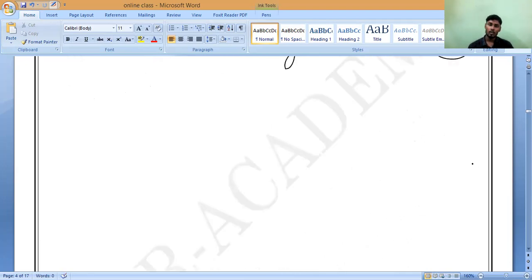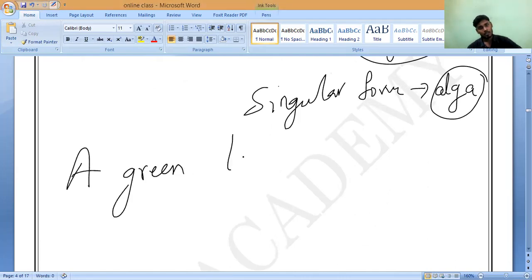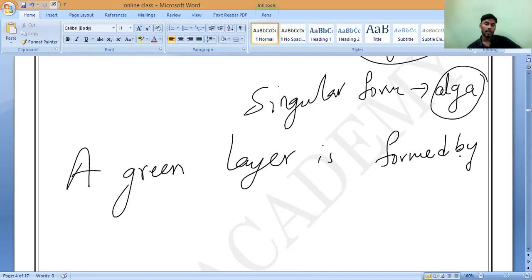What is this alga or algae? A green colored, small plant-like organism. That is the definition you have to write. A green layer is formed by the growth of tiny green plants,